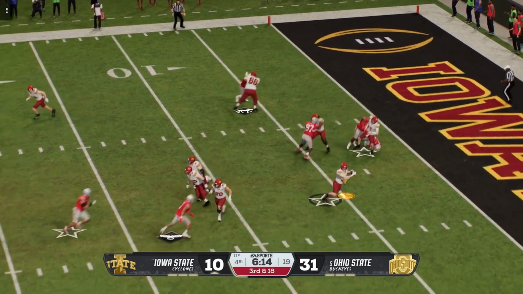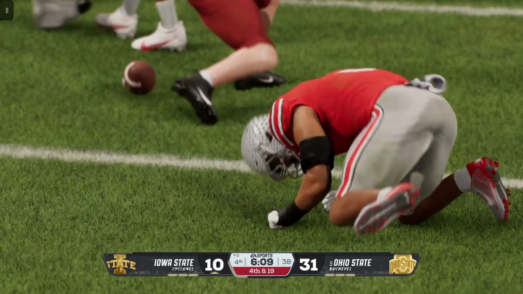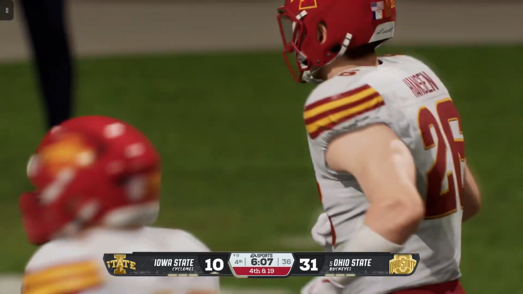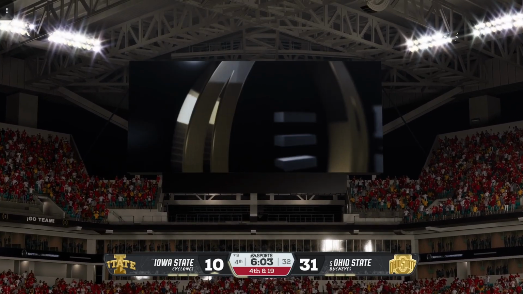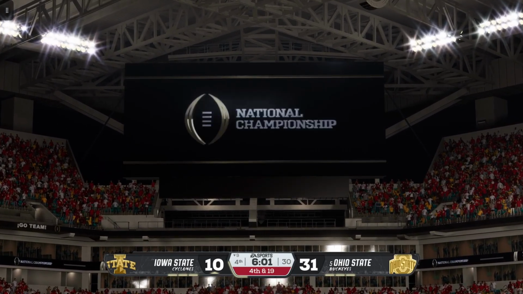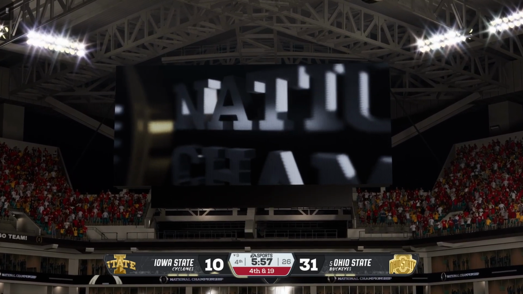Looking to throw it on 3rd and very long. Behind the line, it's Hansen. That play is blown up. Defense makes the tackle in the backfield. Good job here by the defense on 3rd down. Forget about throwing downfield. They go short, and they make them pay for it with a loss of yardage.